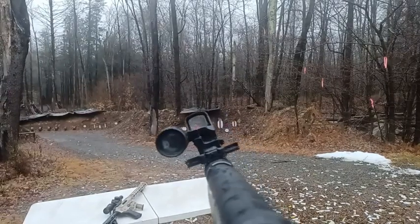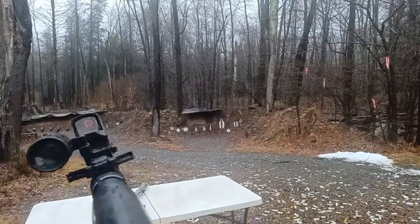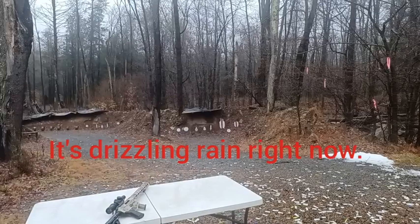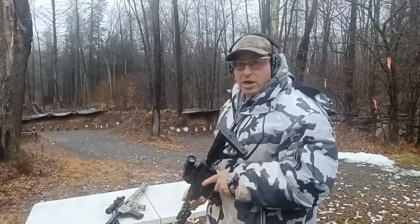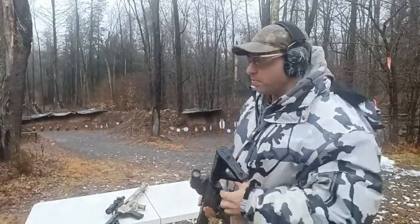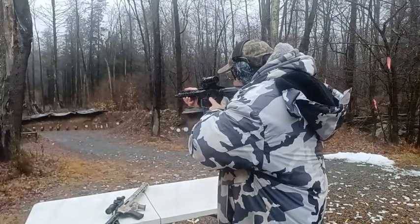So you see how it's cloudy. Let me see if I can get you guys a little further out. Now, interestingly enough, the camera's actually a lot clearer than what I see with my naked eye, for whatever reason. All right, so you guys are actually seeing a clearer image than I'm seeing. And part of the reason is, I don't know, maybe there's some water drops and stuff on my glasses. But through the glass, right now,